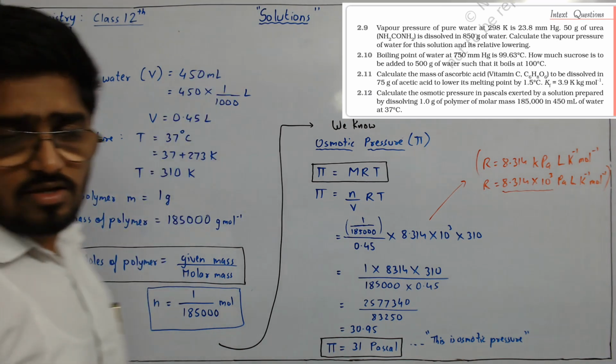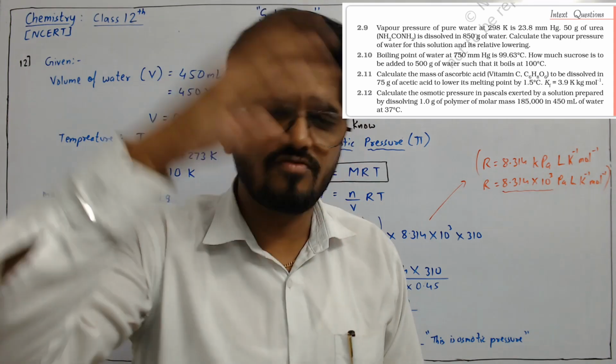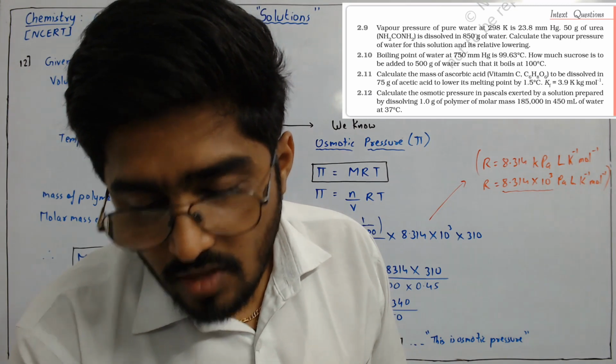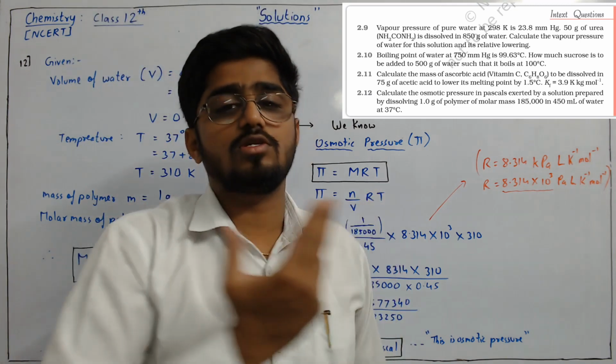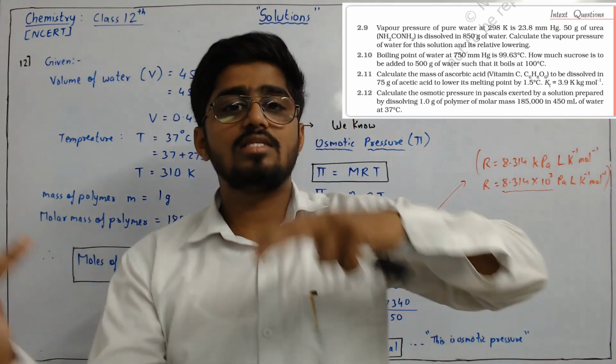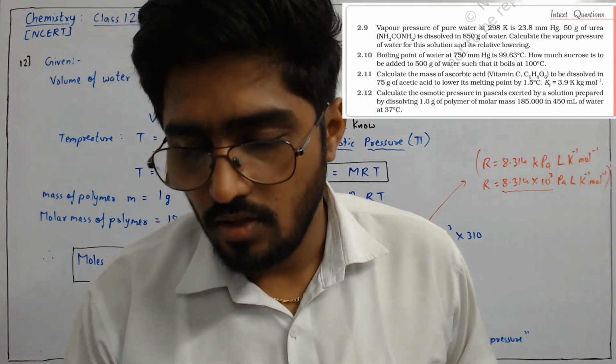Okay, in that water, what is added? Some type of polymer, students. Polymers are of 1000 types, so one type of polymer is added. So what do we need to calculate? We need to calculate the osmotic pressure of the solution. Means when any solute is added in a solvent, then a pressure will be created inside. That pressure is called osmotic pressure. We need to find that.